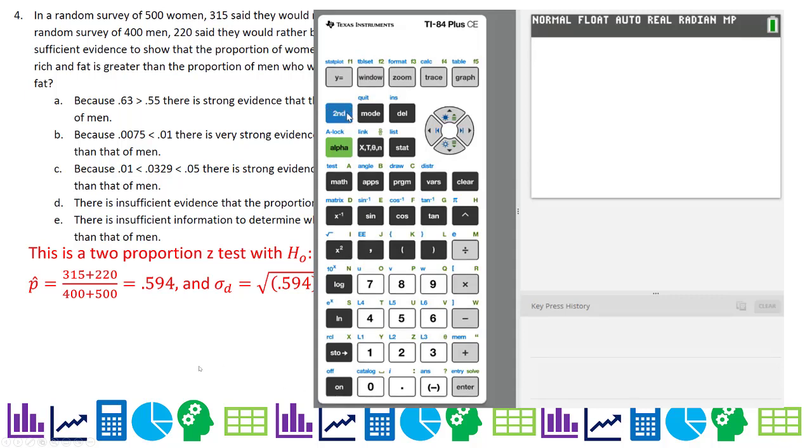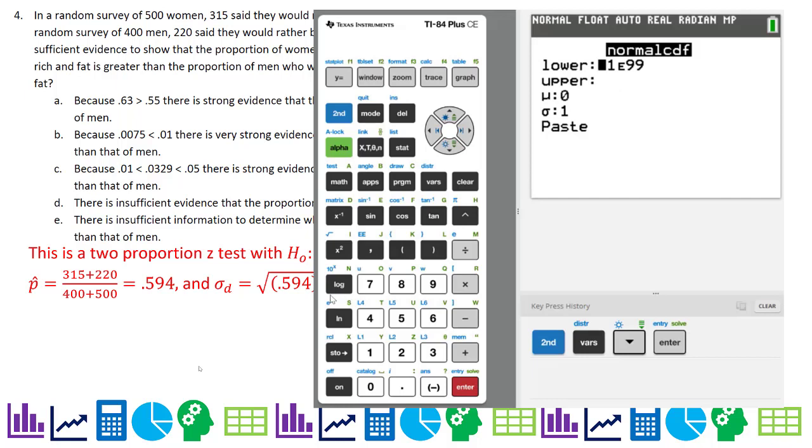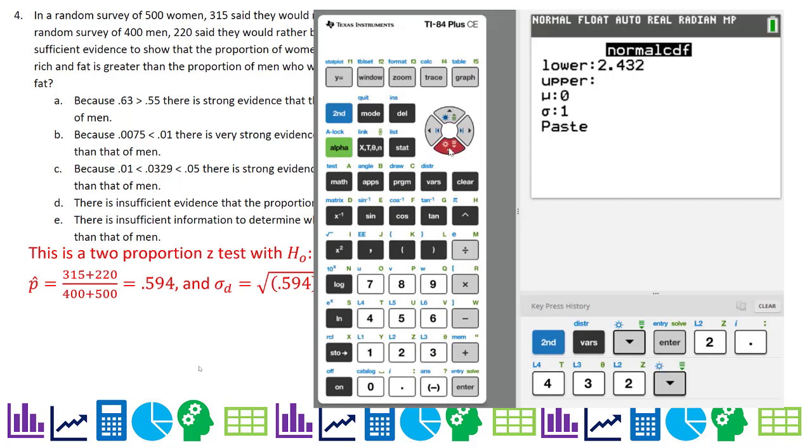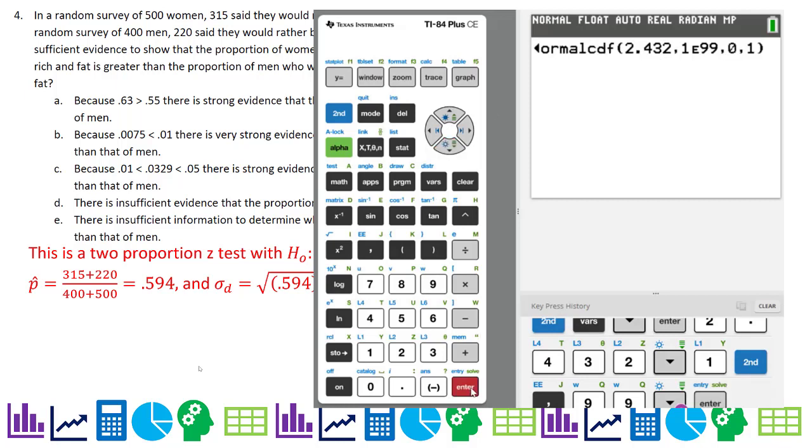So first we'll go ahead and calculate the probability since we have our z-score, second distribution, normal CDF. And we want probability that it's greater than 2.432. And that goes all the way to infinity, which for this calculator is 1e to the 99. We're using a mean of 0 and a standard deviation of 1 because we're using z-scores, so we're on the standardized normal curve. And we get